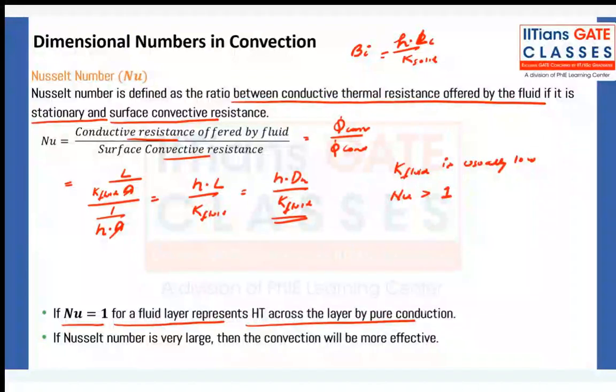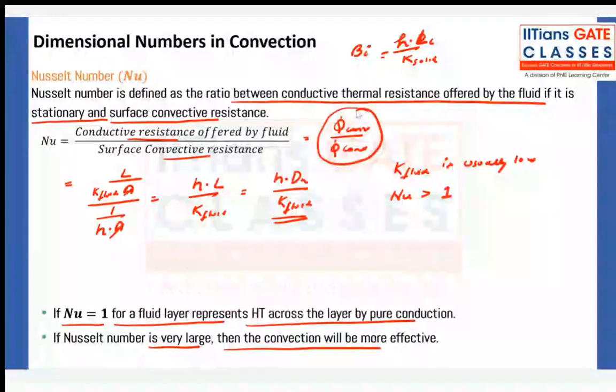And if it is very large, that means convection will be more efficient. Look at this formula. If the value of Nusselt number is very high, that means convection heat transfer is dominating. If very small values are there, that means conduction heat transfer is dominating. And if it is equal to 1,